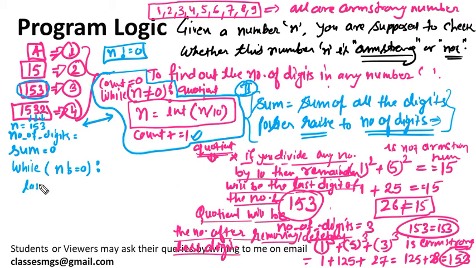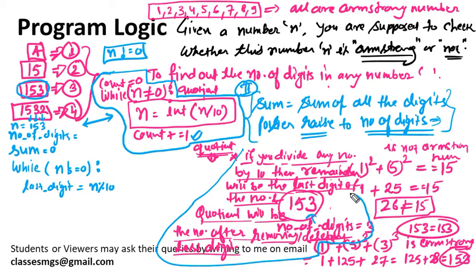So the last digit will be what? Let's say last digit equals to what? You need to calculate number modulo 10. If you are dividing any number by 10, how do you get the remainder? n%10 is the operator that will give you the remainder after dividing by 10. So essentially, after dividing any number by 10, the remainder will be the last digit, and the quotient will be the number remaining after removing the last digit. So this logic, this line, you should remember. This is the baseline for this logic. If you understood this line, then only will you get this idea.